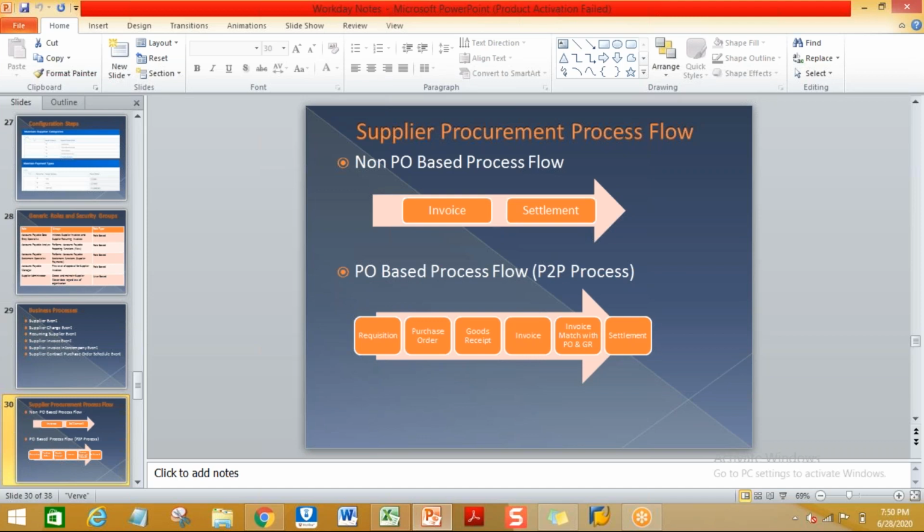If you are following the generic procurement process, we call it P2P, procure to pay: purchase requisitions, then purchase orders. Once approved, the purchase requisition will convert to the purchase order. Then the goods receipt, and the invoice match with the PO and the GR. What do you mean by the invoice match with the PO and the GR?